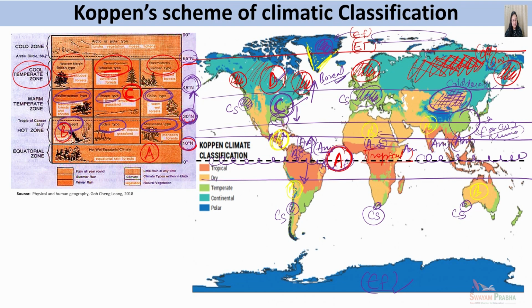And D type of region is dominated by boreal forest or coniferous forest. And then again, ET type of climate will experience little bit of vegetation because of moisture stress in these regions, since for most of the parts of the year they are covered with snow. So they will have little bit of vegetation in form of grasses, mosses, lichens, etc. And EF again will be devoid of vegetation because of soil being in complete permafrost state and these areas being covered by snow for the entire year. So this was all about Koppen's classification in a glimpse.